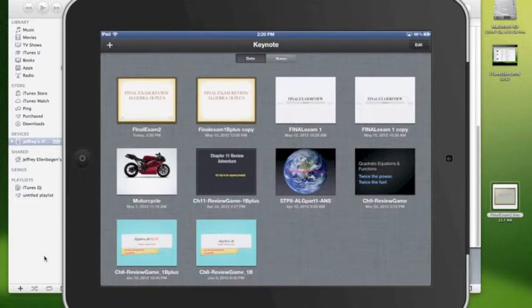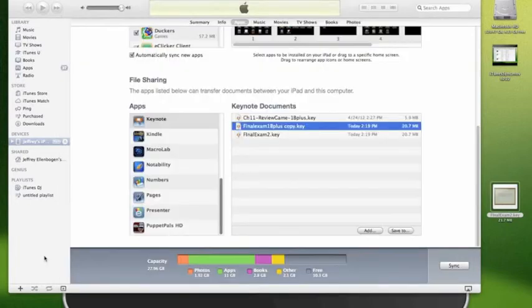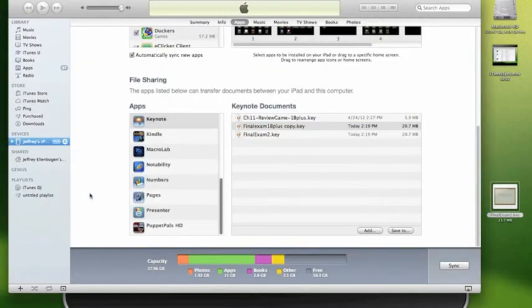If you're not sure how to back something up in one of your applications, come see the tech department, ask your teacher, but don't just assume that your files are safe because you've backed it up with the general iTunes backup. It's really important to have another way to back up your files, whether you're emailing it to yourself, using a service like Dropbox, or doing this file sharing.